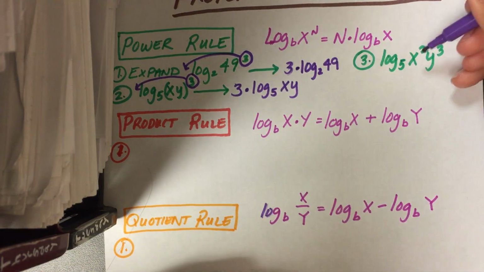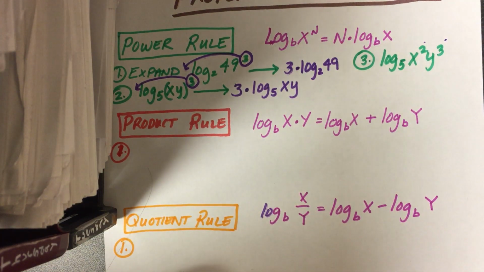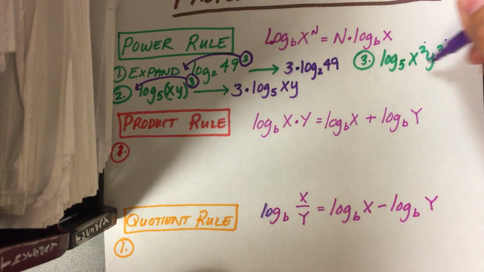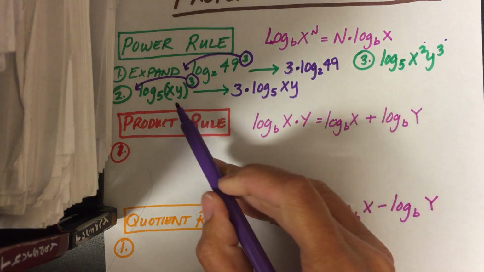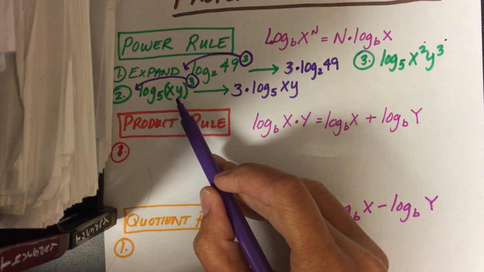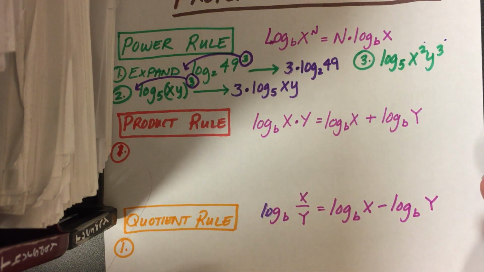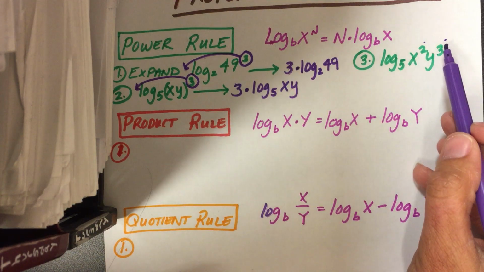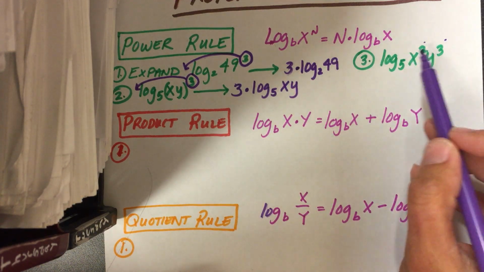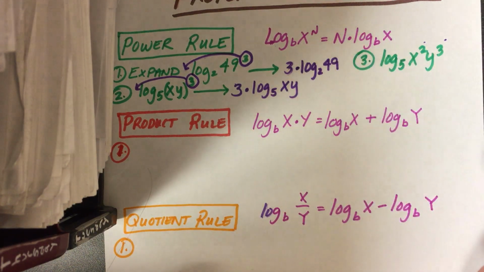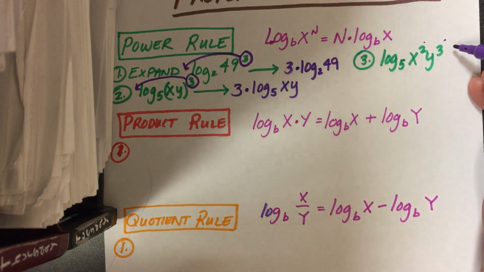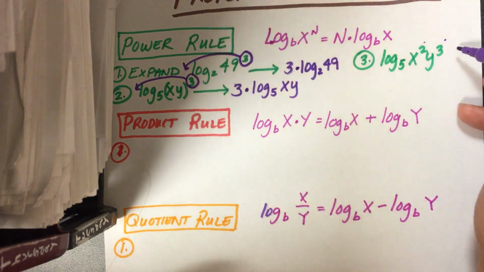And the reason is the 2 and the 3 are not attached to the entire argument. See here where we have (xy) to the third power, the entire thing. Here we've got 2 different exponents. You have to have a unified exponent with the entire argument, the entire value here, in order to move it in front. So we can't do anything with this yet. But keep that in mind. We're going to come back to